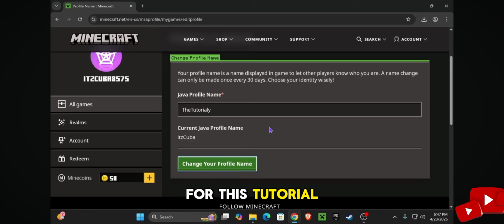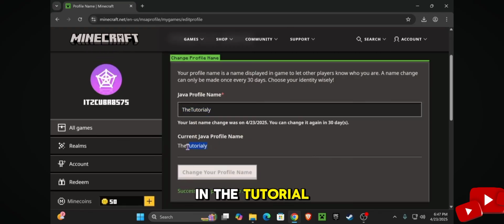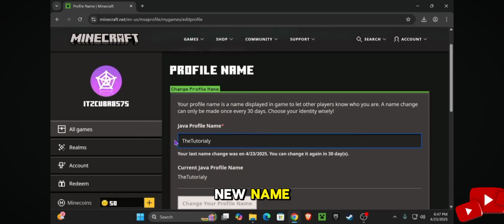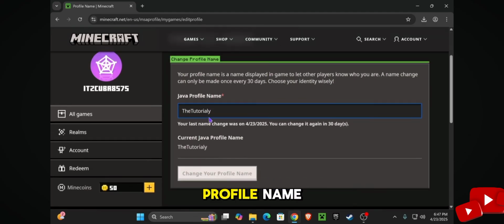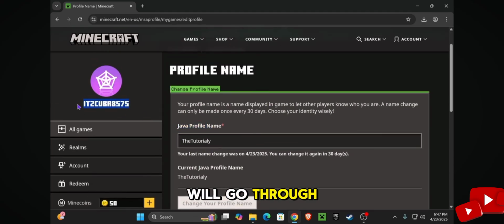For this tutorial, I will type in the tutorial. After entering the new name, click Change Your Profile Name and the update will go through. As you can see, the profile name has now been